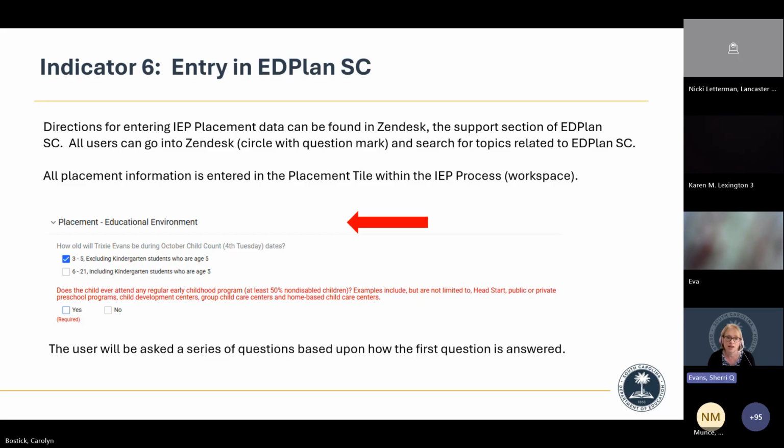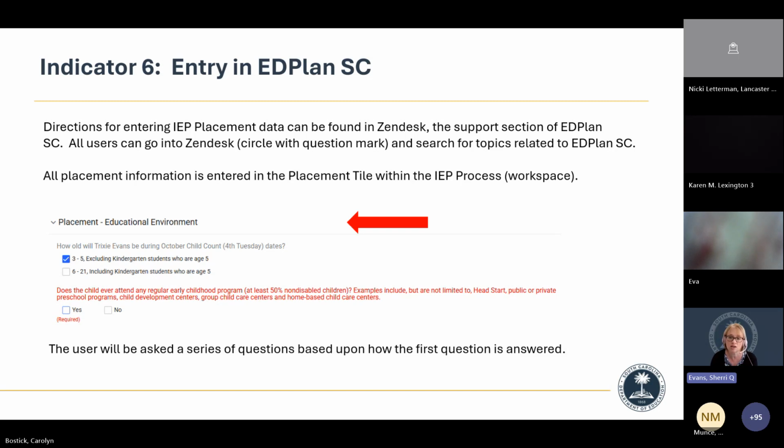When you are in the placement tile, you always want to answer that question, how old will the child be on that October child count date? Okay, so if a child is going to be in preschool for the first part of the IEP, and that IEP is going to span, and then they're going to be in kindergarten, answer it as to where they will be on the October child count date.